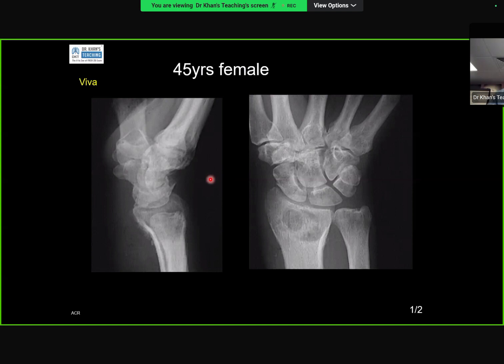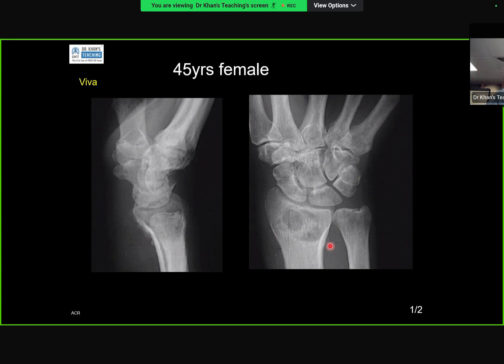If you see here, this is the lesion. Yes, sir. Here it goes till the end. Here it is not going till the end. It is slightly eccentric. Okay. So, can it be a giant cell tumor? Yes, sir. But usually it's locally aggressive, but